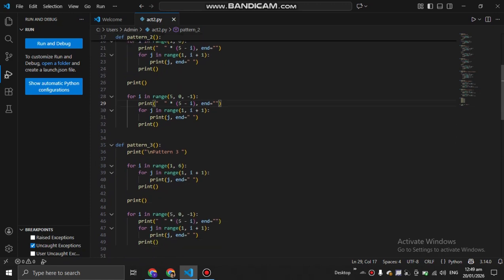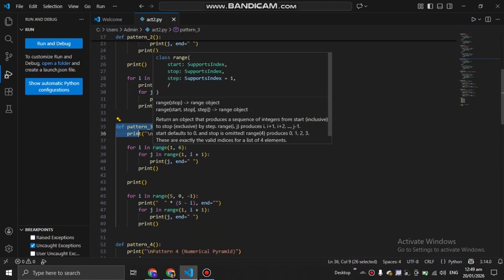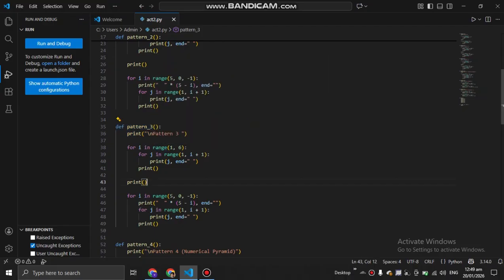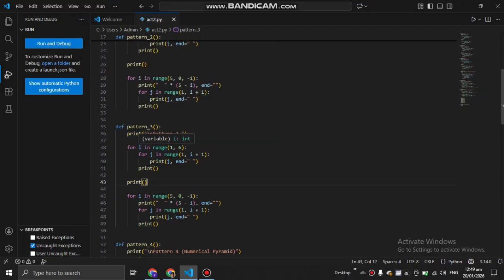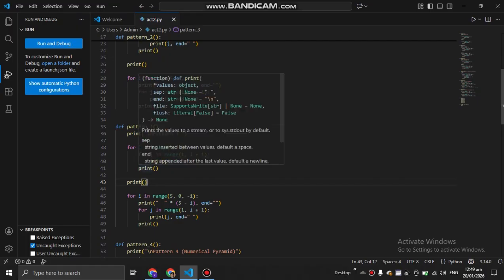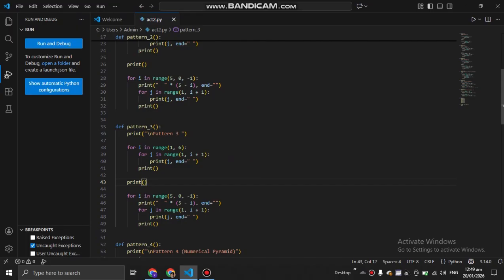So we have here def pattern 3. In this case, the def pattern 3 is for i in range 1 to 6. So in this line, it's the top half, left-aligned increasing, 1 to 5.